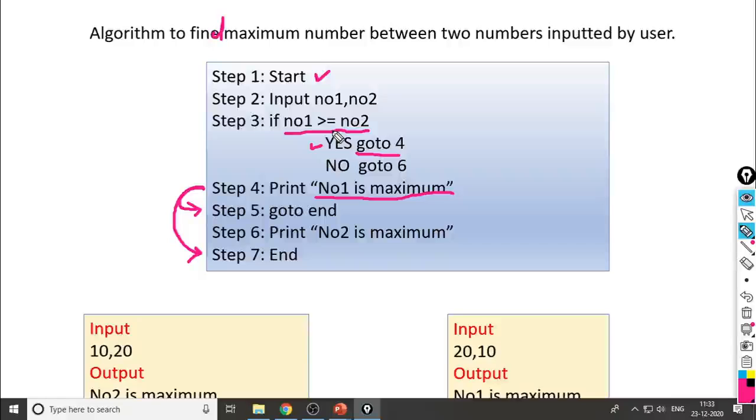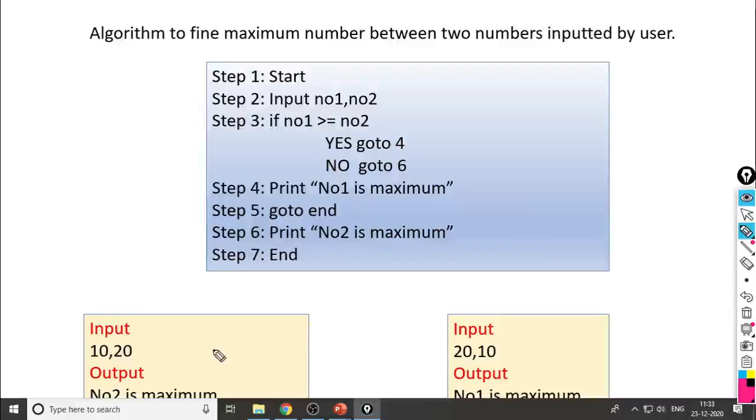If NO1 is greater than equal to NO2 is the condition, then the reverse condition, NO2 is greater than NO1, means if it returns no, if it returns false, then go to 6. So what is the sixth statement here? Print NO2 is maximum. So it prints NO2 is maximum and then it will take your control to the end. So this is the algorithm with which we can find out the maximum between two numbers.